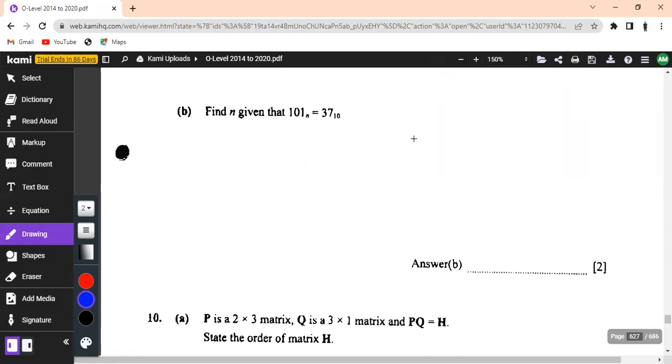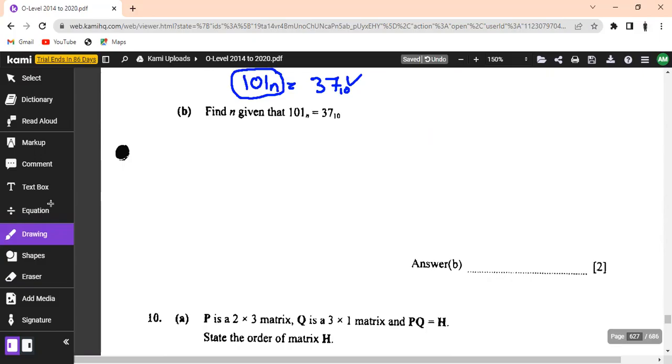And find the value of n given that 1, 0, 1 base n is equivalent to 3, 7 in base of 10. All right, so this is in base of 10, and we know that the only thing that we can do is to convert this also so that it can be in base of what? It can be in base of 10. So we have to raise in terms of the exponents, which is the same thing, 0, 1, 2, just like what we did in the previous part. So we are going to raise in powers of n, which is 1 times n to the exponent of 2,